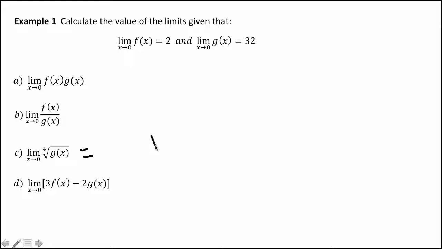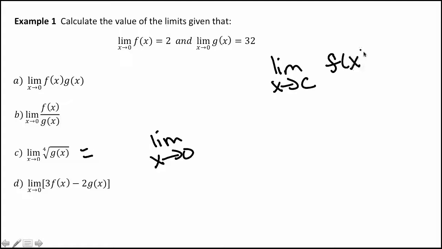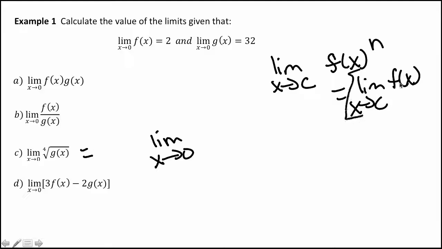We're going to use a special property, the last property, which is the one where we have the limit as x approaches c of f of x to the n power. We're going to use that property, and recall that that was equal to just a limit inside and then raised to the power. Now remember, the fourth root,